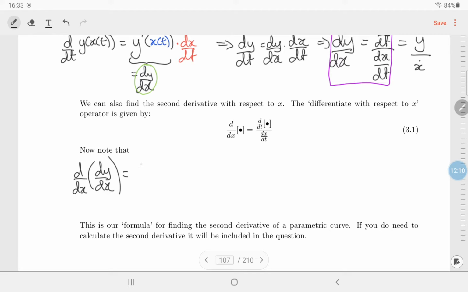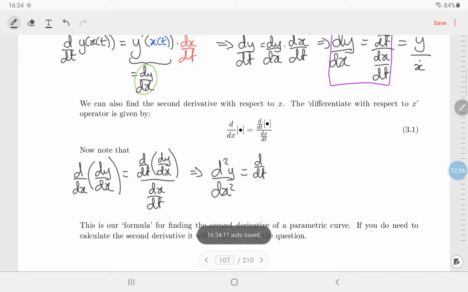So you differentiate with respect to t, and you divide by dx/dt. And the thing on the left is differentiate y with respect to x twice. So we've shown that the second derivative for a parametric curve is the derivative with respect